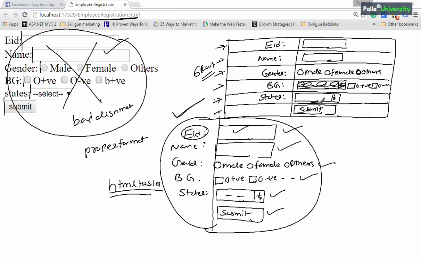So if I can place my HTML controls in the appropriate cells, and our user interface does not display the table border lines, automatically the end user will feel that the user interface is aligned in the proper format. So end users will feel comfortable. Okay. Now whatever I have explained here, the same thing I will show you directly in my Visual Studio, so that you can understand how to place our controls in the table cells in order to get the user interface in the proper format with the proper alignment.